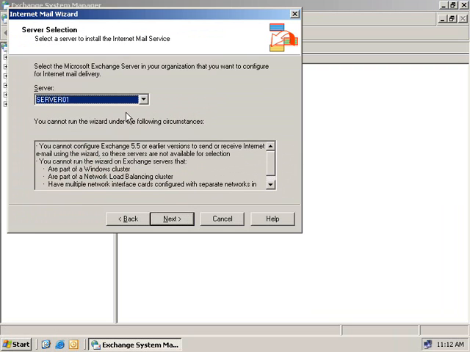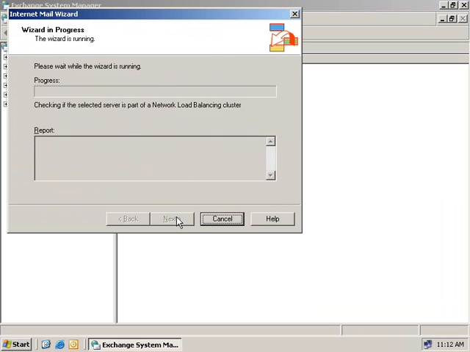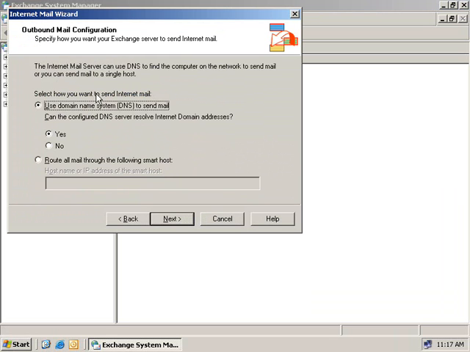And the first thing we have to do is configure which server we want to have Internet Mail delivery on. Now, we only have the one server here, Server 01, so we'll leave that default here, and then we'll choose Next. So how will our Internet Mail server find other servers to be able to send mail to? Will we use DNS to send our email, or will we route all of our email through the following smart host? Now, if we choose to route our external email through a smart host, which is basically a host that will just deliver emails on behalf of this server, we're going to have to enter in the name or the IP address of our smart host here. So we'll leave the default setting here to use DNS, and yes, our server can resolve internet addresses,